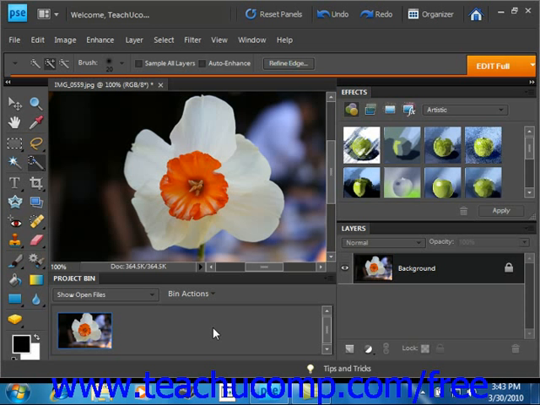www.teachucomp.com/free. You can fill in the selections and layers that you create with colors, gradients, and patterns. You can also stroke the selections that you make, which applies a colored border to the edge of the selection. One of the most common fills that you can perform is a fill of the currently selected background or foreground